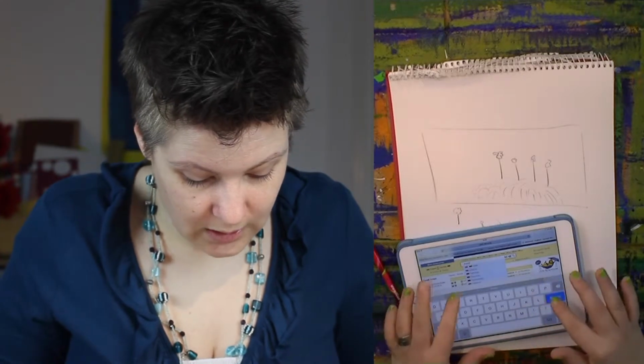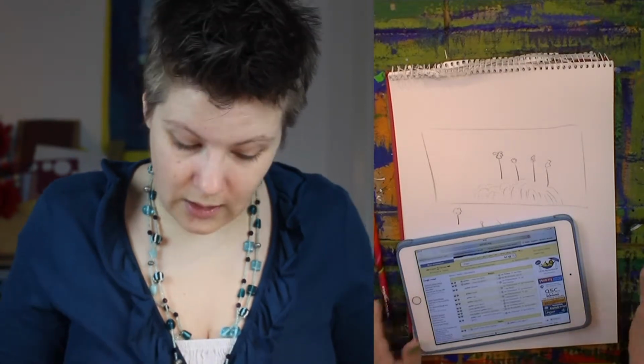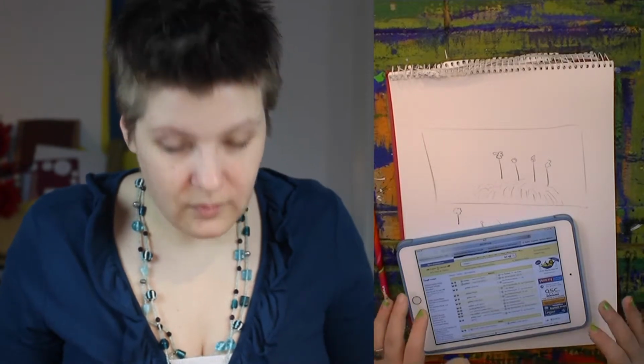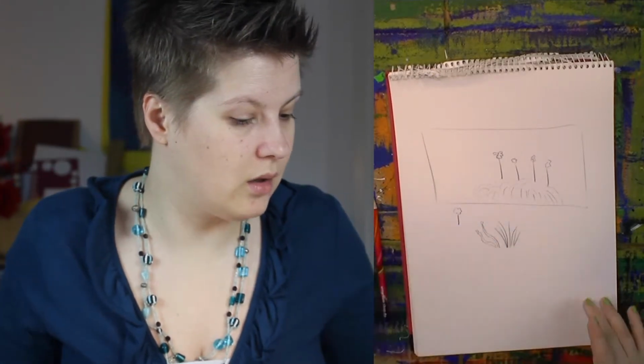I should be able to type. It means pollen in German and it is pollen in English. Oh, that's the same thing. Okay, so to make sure that the pollen goes to other plants and the species will prevail, you gotta attract